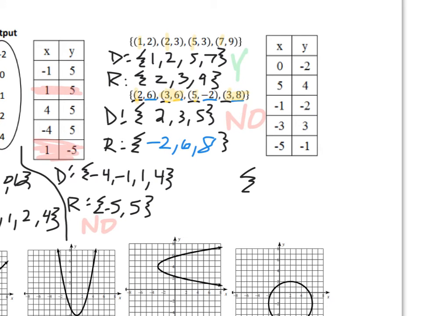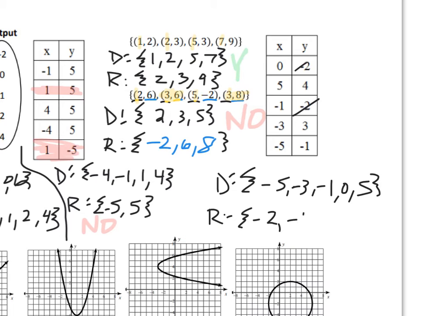Another table, so domain would be -5, -3, -1, 0, and 5. Remember, least to greatest. Range, I have -2, -1, 3, and 4. Sometimes when we're thinking about ordering things, it's easier to just write them all down without